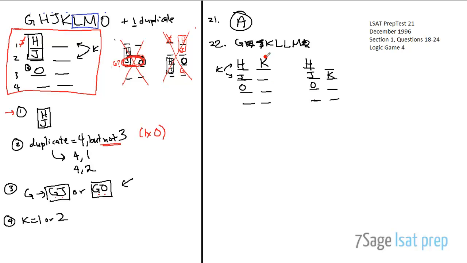Okay, well, we know there's only one J, right? So the next element that we have to place is G, right? In this case, G can go anywhere. Either here or here, so that's fine. But in this case, G can only go over here. So that's good, right? That means we've taken care of G here, we've taken care of K here, which means